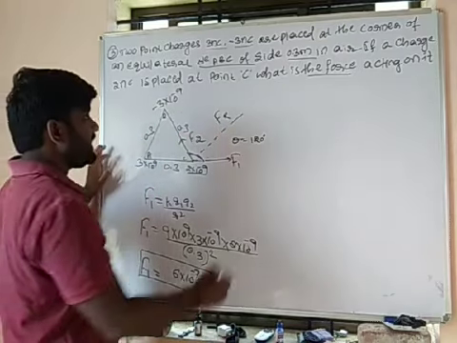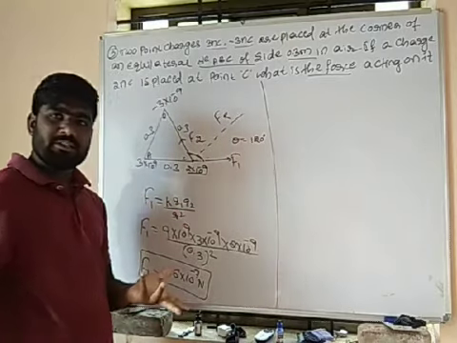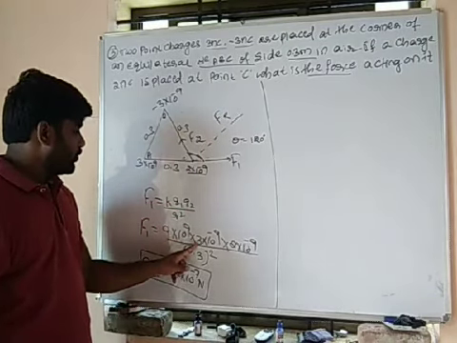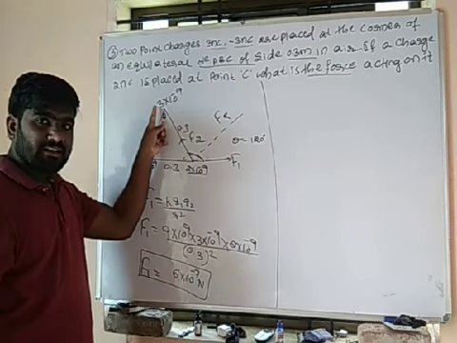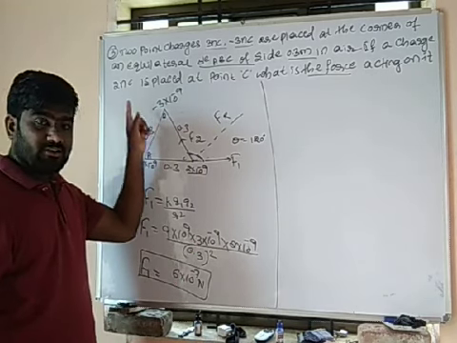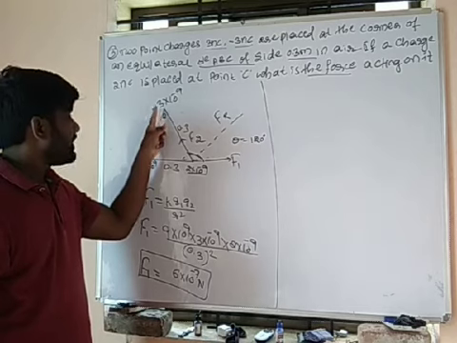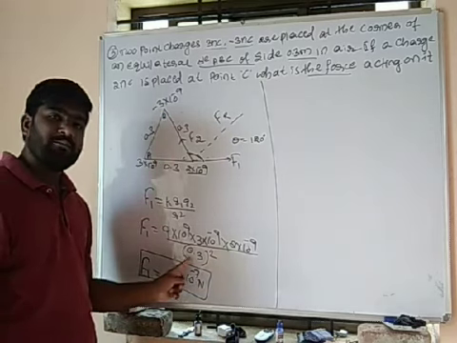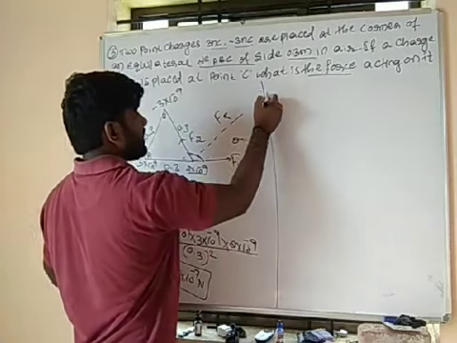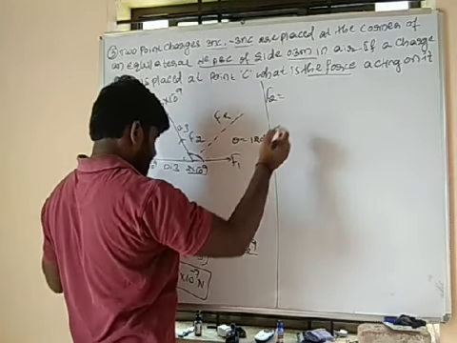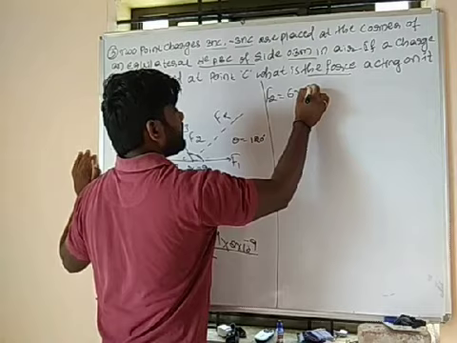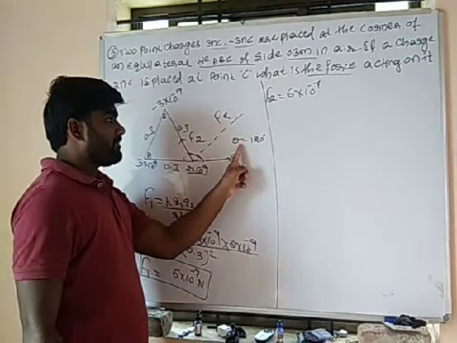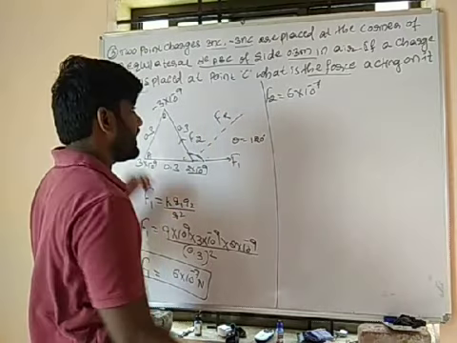Okay. Then F1 I have calculated. F2 must be the same because K itself, Q1 is 3. Neglect the negative sign while solving all these problems. Okay. Negative 3 into 2 into 10 to the power minus 9 divided by. So F2 is also how much is it? 6 into 10 to the power minus 7. Then theta we know it will be 120 degree.